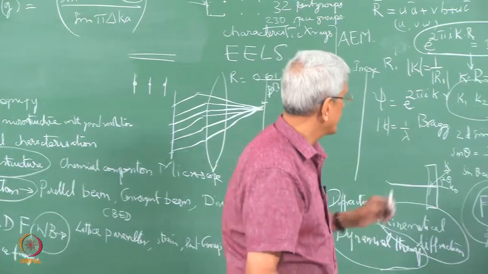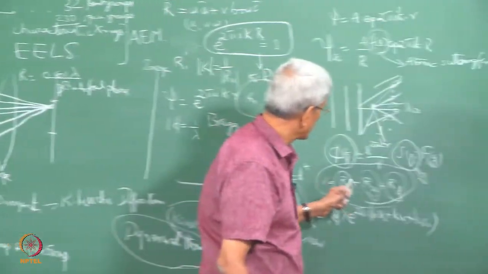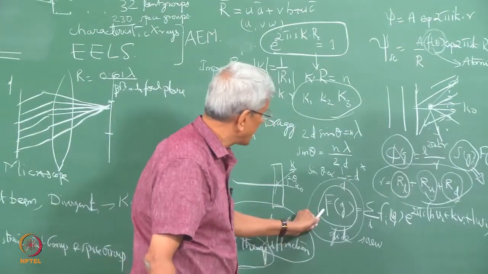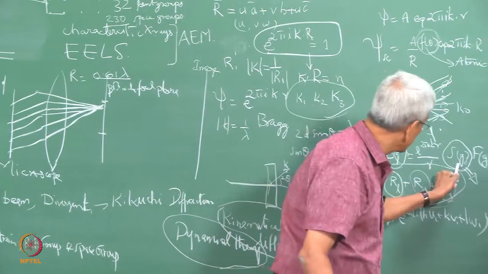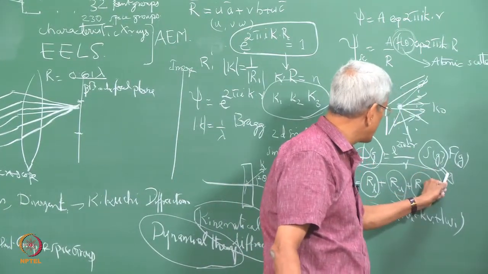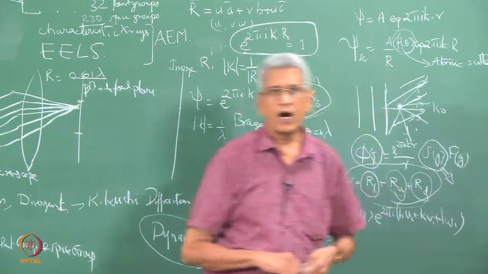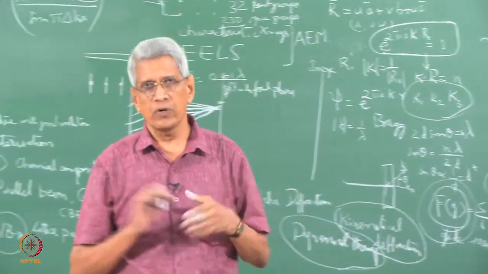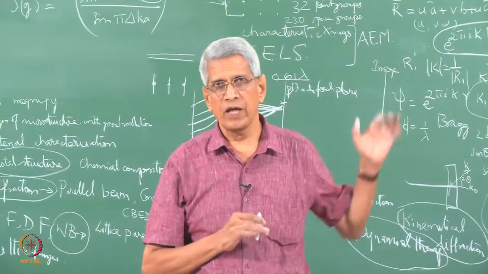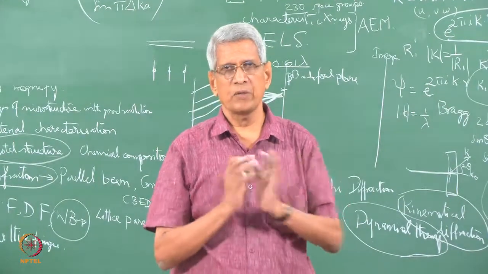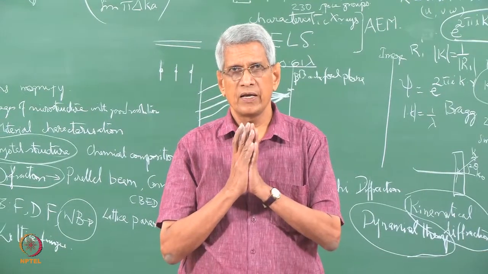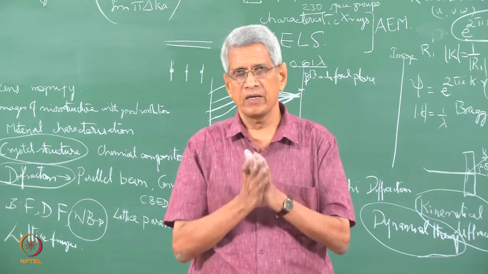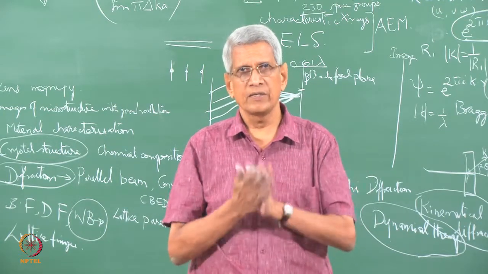So, essentially what we can make out is that the structure factor is given by psi g, and then this particular factor is the shape factor, which decides how the streaking occurs in different directions in the diffraction pattern. That is why it is called the shape factor, which depends upon the shape of the second phase particle. Suppose the second phase particle with a particular shape is there, assume that it is not a spherical one, it is an ellipsoidal one.